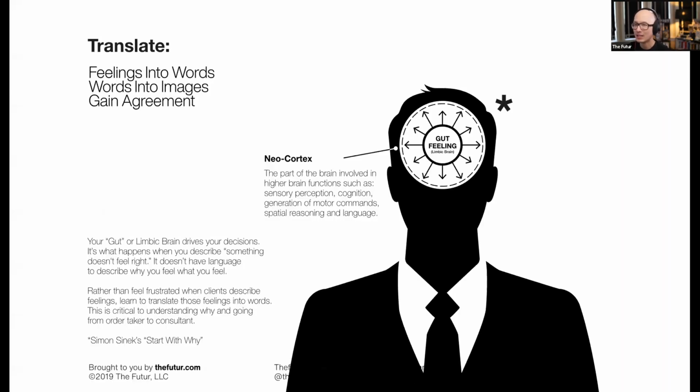And this is from Simon Sinek's talk, Start With Why, that we have this gut feeling. This is the limbic brain, and the limbic brain doesn't have words to translate how we feel. When it reaches the neocortex, this is kind of all the data of the cognition, the perception, that's where we know. And that transmission between the limbic and the neocortex is where everything falls apart. This is where we say, you don't understand what I'm saying, or there was a miscommunication. So what we need to do is translate those feelings into words and those words into images as quickly as possible so that we can gain agreement. Once we do that,